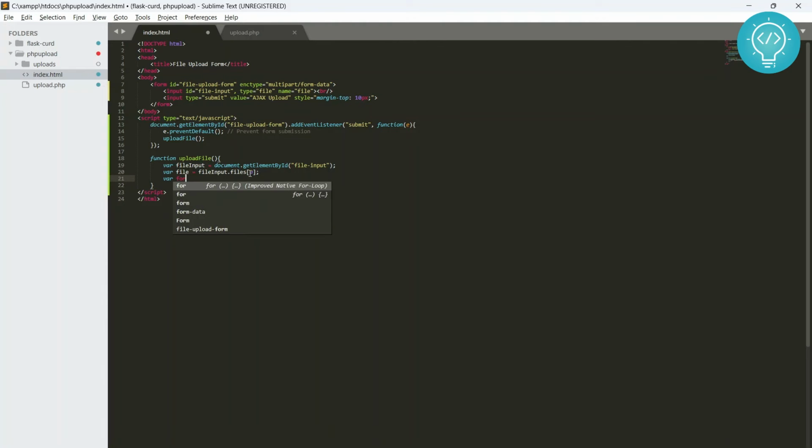And now let's just create a form data that we will be sending to PHP. Now in our form data, we need to append the file that will be sent, right? So in our variable called file, we will just add the actual file, and